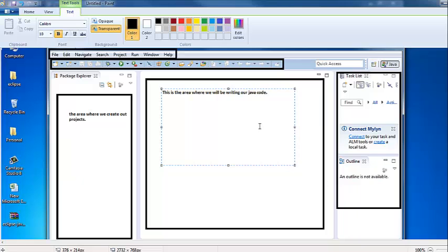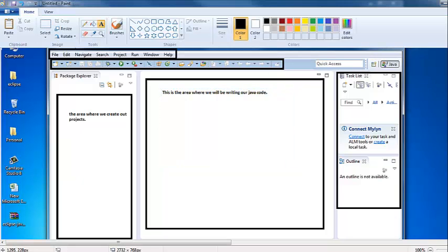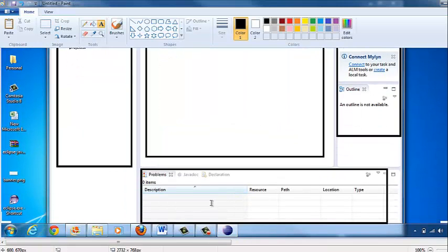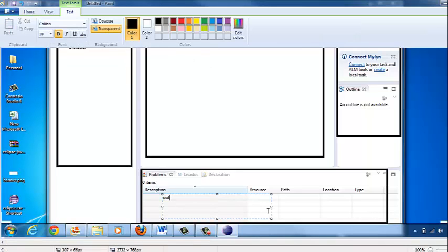So this is the area where you will be spending a lot of your time doing Java coding and all. And obviously this area is the area where we can see the output of our Java programs and other debugging information.